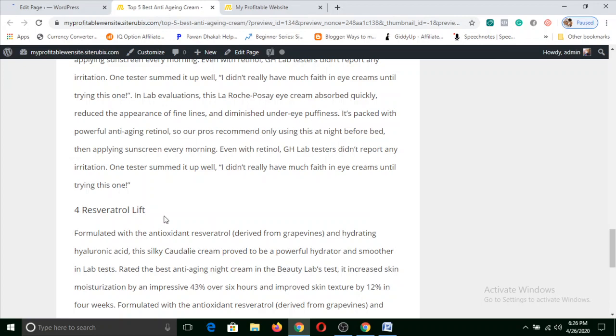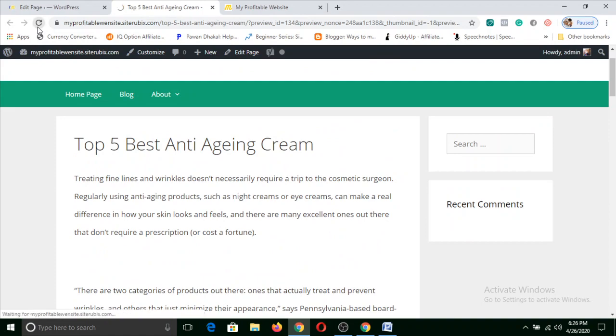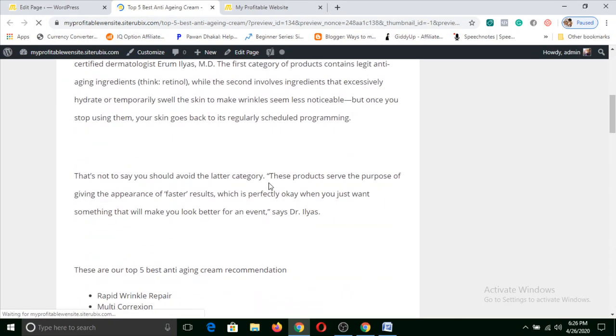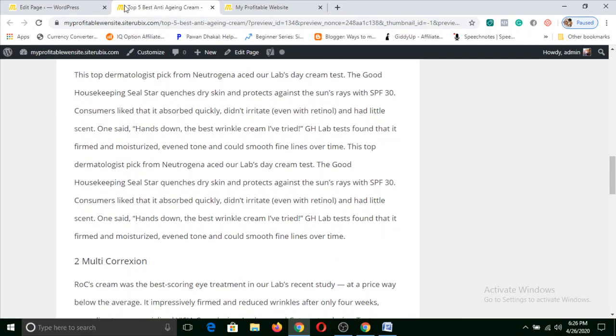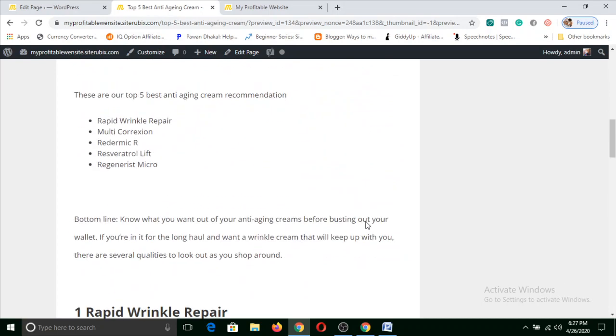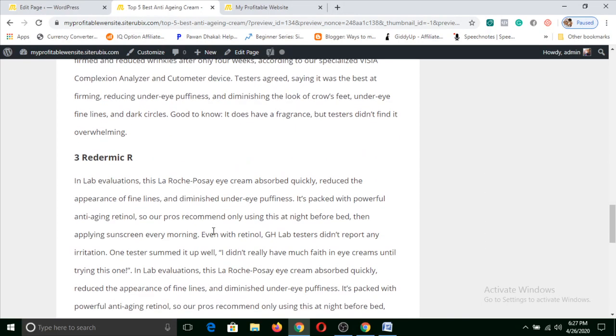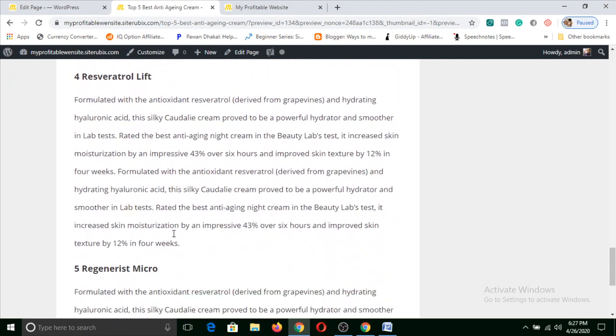Because it is showing such thin text, if you bold it, it will be in bold and it will separate the topics properly. So let's preview changes, and you can see now the topics are separated properly.